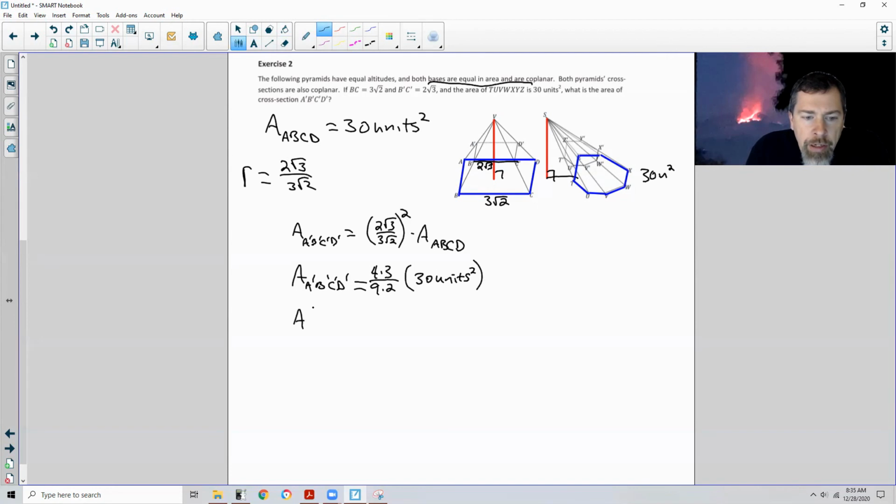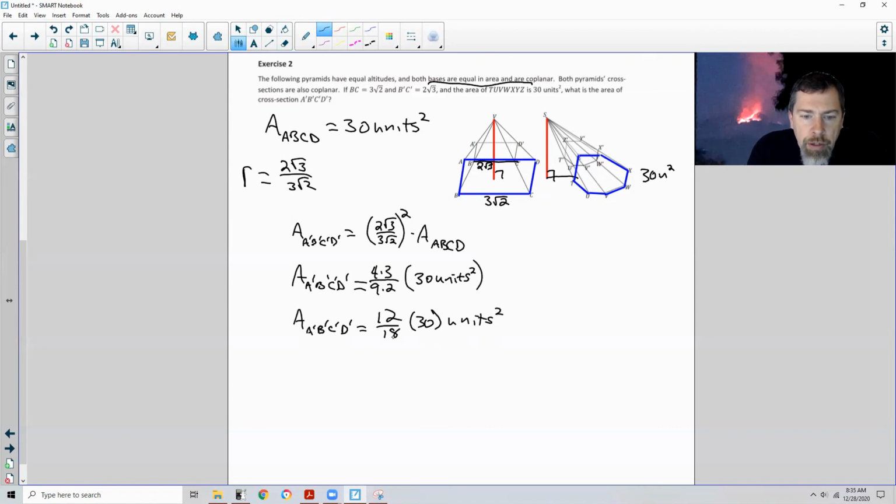So the area of A prime, B prime, C prime, D prime equals 12 over 18 times 30 units